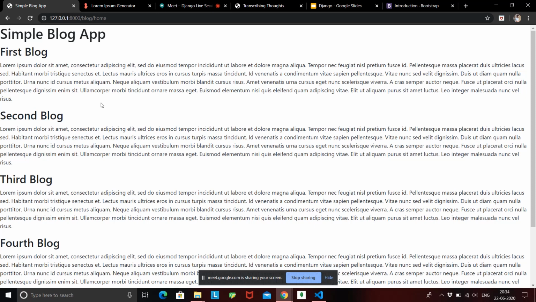So this concept that we just did is called extending of templates. We just created one empty base layout, imported Bootstrap in it, and each and every page that we write is going to be applicable to Bootstrap because it is going to extend the base layout. Fine. So that was the concept of extending templates. Now let's try to make this a little better. What we can do is create a Jumbotron over here for this simple blog app. Okay, just forget it. We'll just start by making navbars.